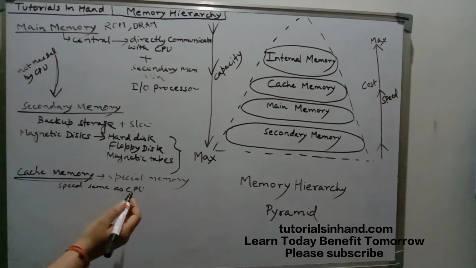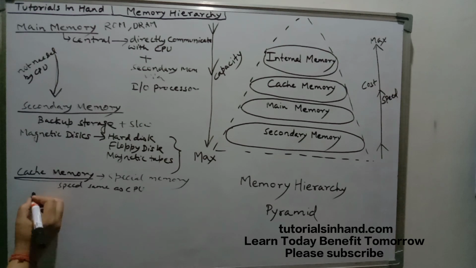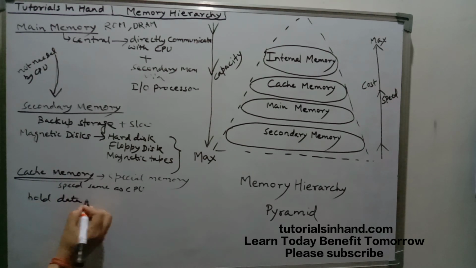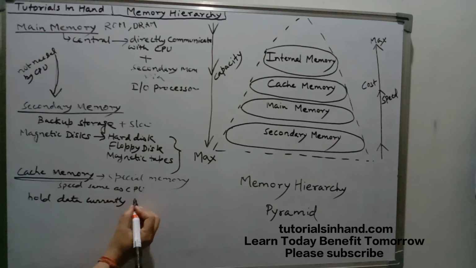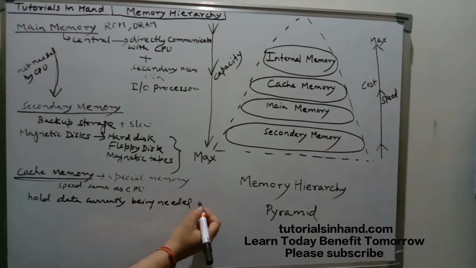So cache memory generally helps in increasing the speed of the computer system. So this cache memory, why is it used? It is used to hold the data which is currently being executed or currently being needed by CPU,